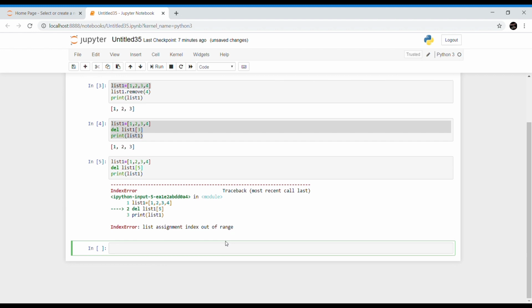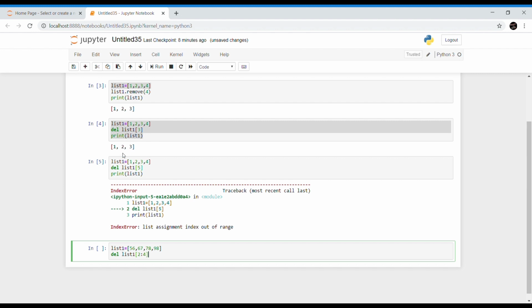Now we can also use the del statement with slicing. Suppose here is a list: 67, 89, 98. If I try to delete from list1 using the slicing operator, I am deleting 2 to 4.